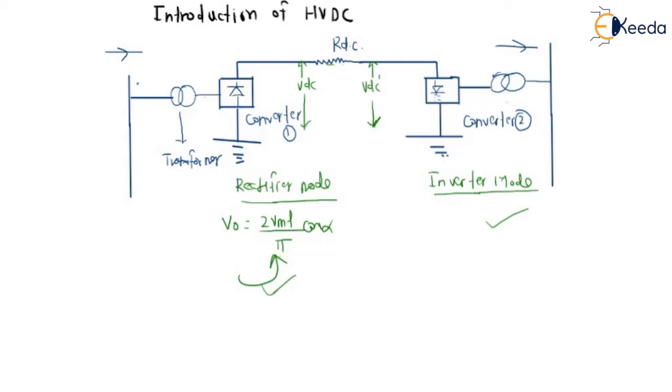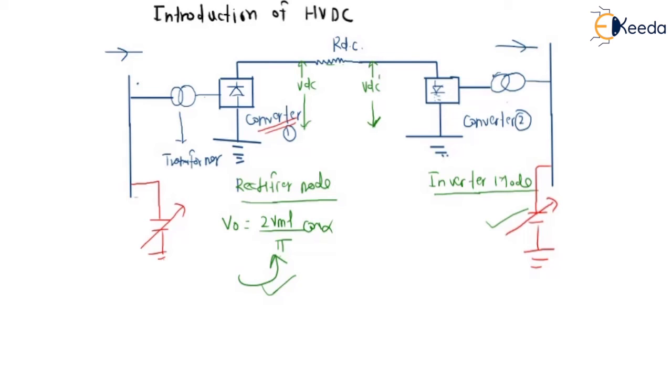But apart from the power electronics part, what has to be discussed in power systems is that there will be a few reactive power compensation elements, a reactive power source, you can say. Reactive power compensation will be supplied here and here, because the converter needs lots of reactive power to convert from AC to DC and from DC to AC. So we should have proper reactive power support at any terminal where we are converting.